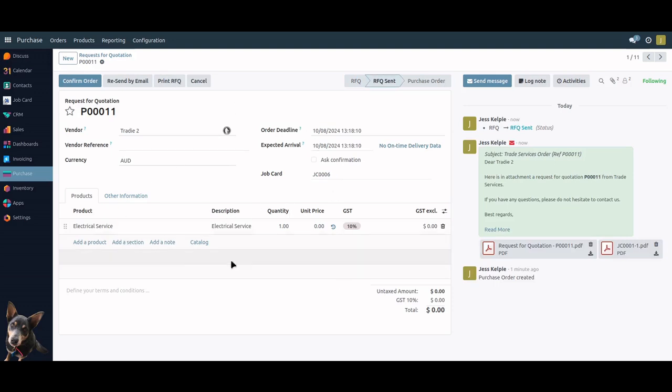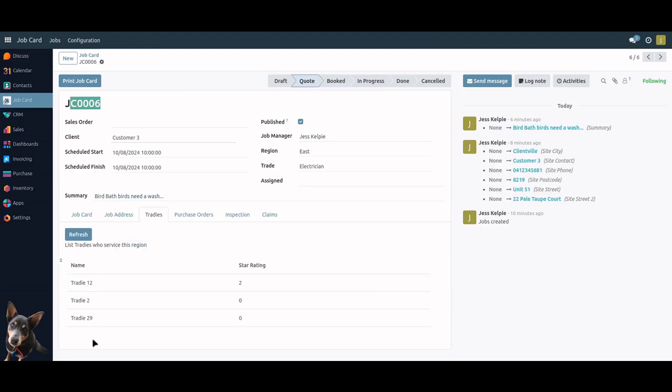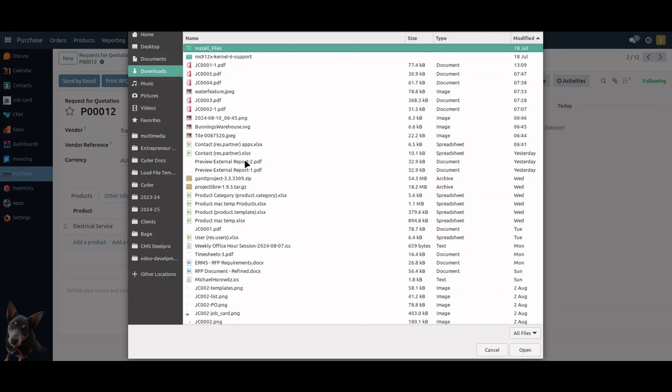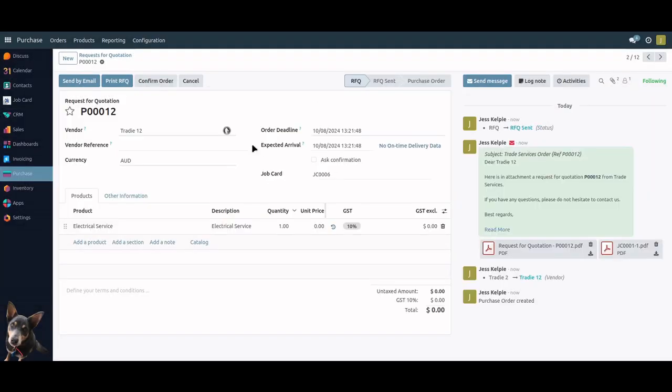And now, because I've got most of this already configured, I'm just going to duplicate it for the other tradespeople. So the other tradespeople were number 12 and number 29. Not very creative names, I know, but say 12. And this is all set up for me now. All I've got to do is really print it, email it, attach the job card, send. I'm going to duplicate again,